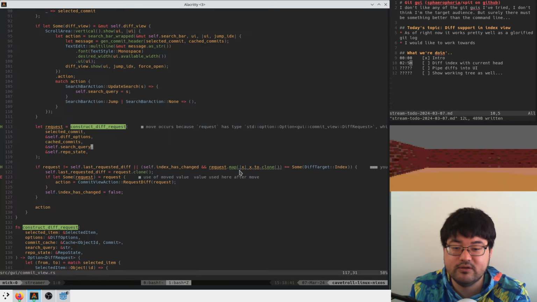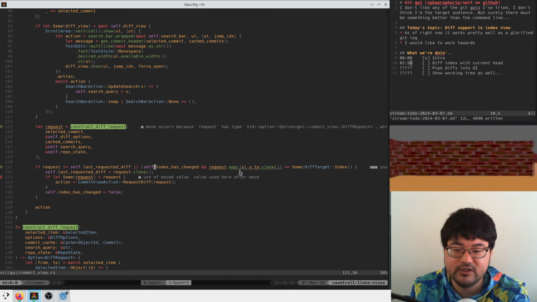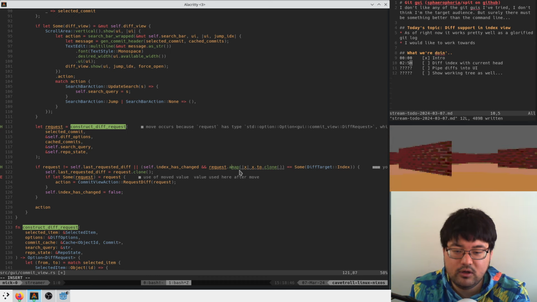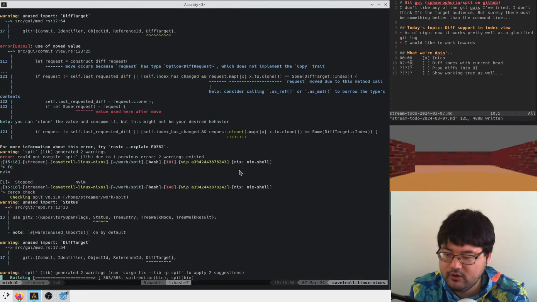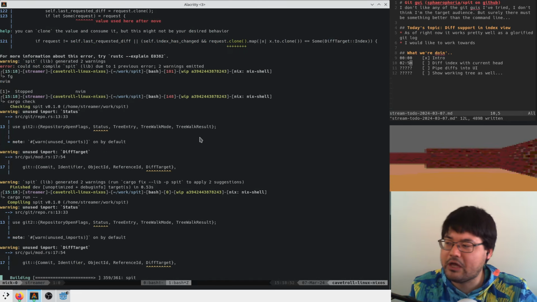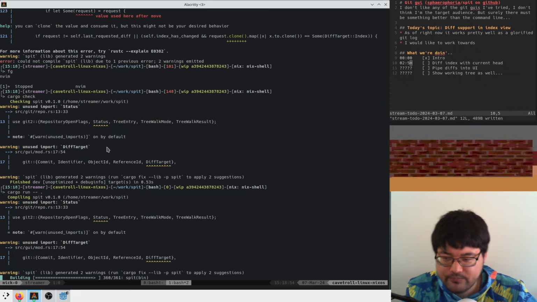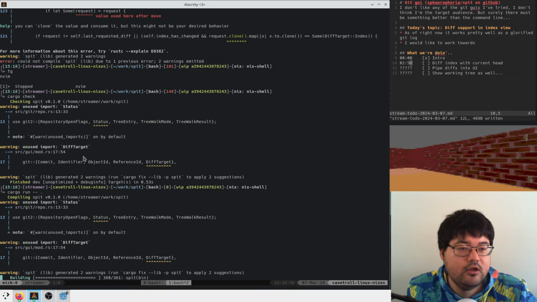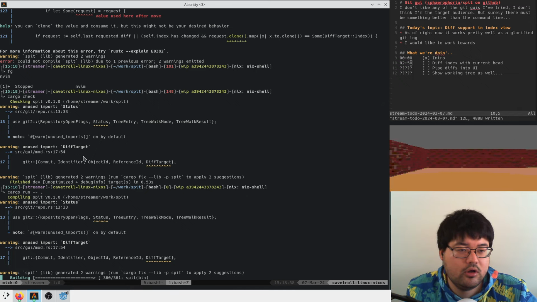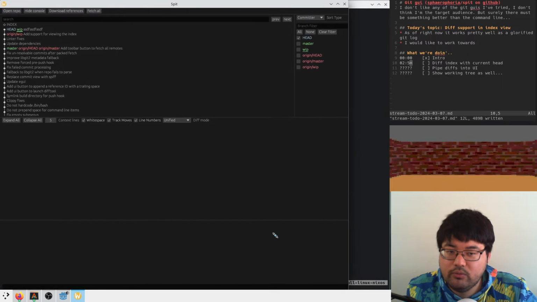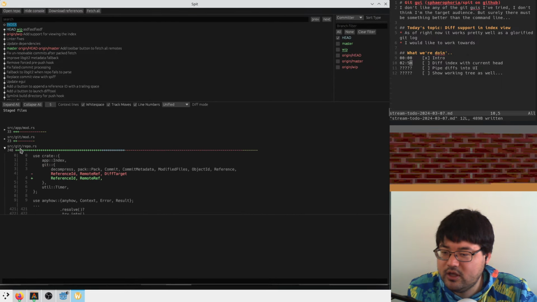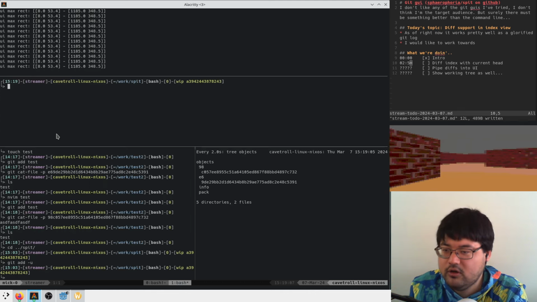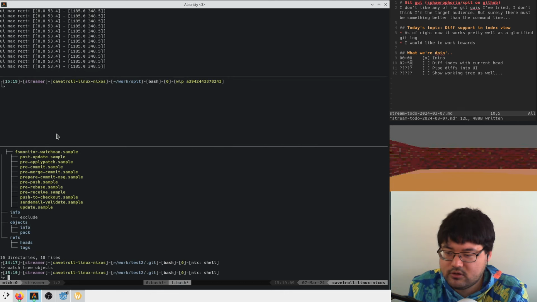Move occurs because of this, here we go. So this guy still needs to be as ref like this. Cargo check. Are we chilling? Okay. So now the moment of truth. We can see if, when we look at the index now, he should have his current index state. So we can look at, let's close this,